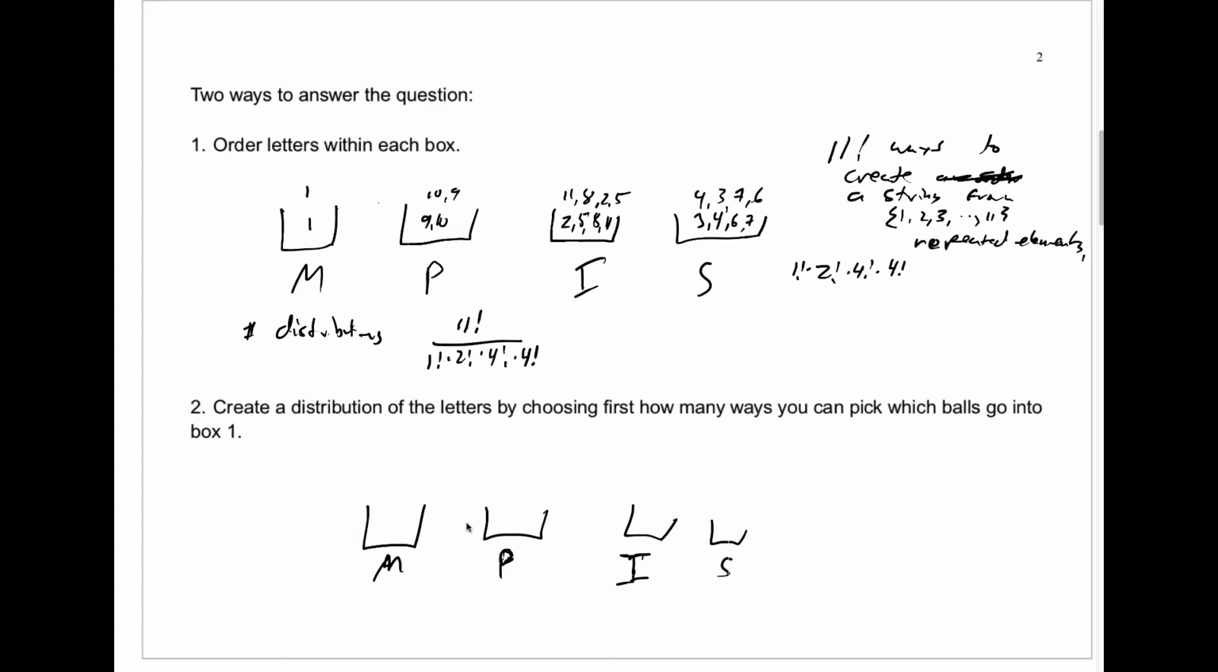Well, what do I have to choose? I have to choose how many ways I can choose 1 of the numbers to put in box M. So I'll say choose how to fill the M box. Well, there are 11 elements, and I have to put 1 in there, so that will be 11 choose 1, or 11. Now, how many ways can I fill the P box once I've filled the M box? Well, there are only 10 elements left, and I need to put 2 of them in the P, so I'm going to have 10 choose 2,